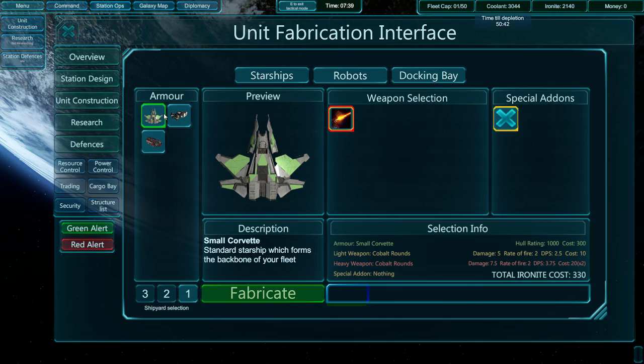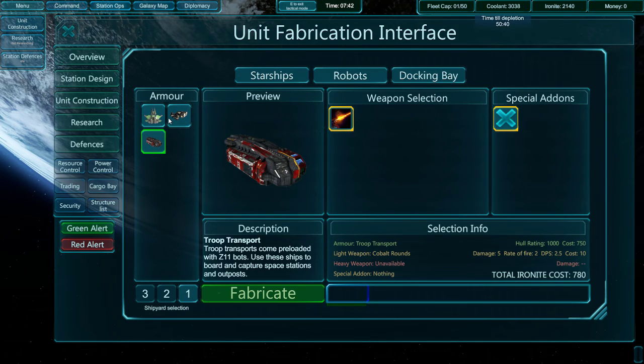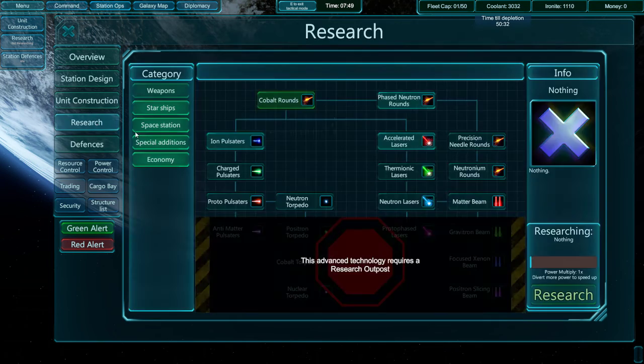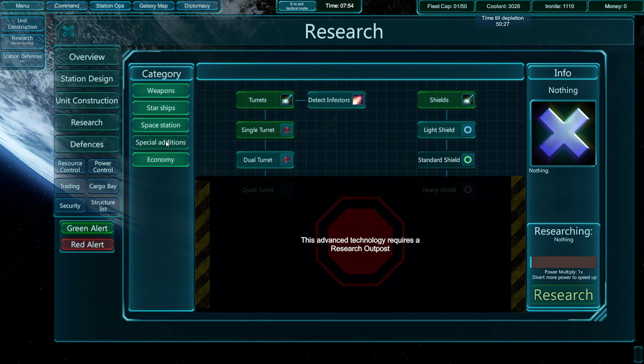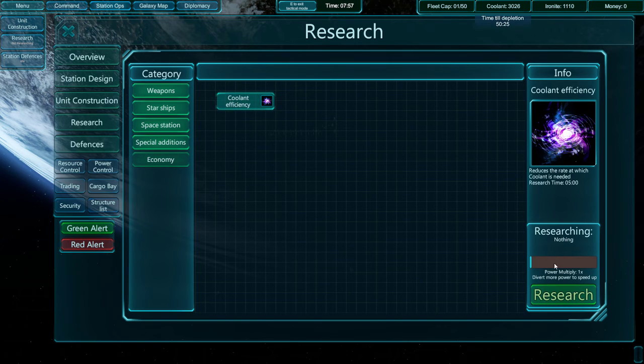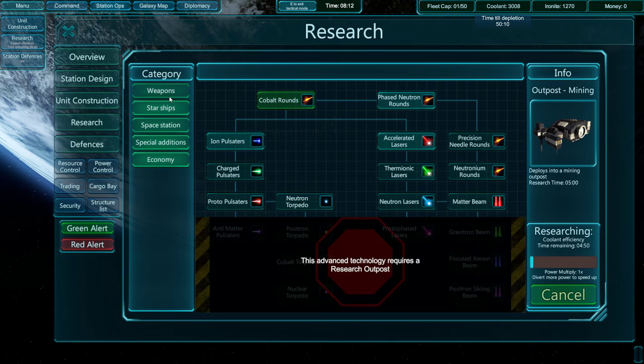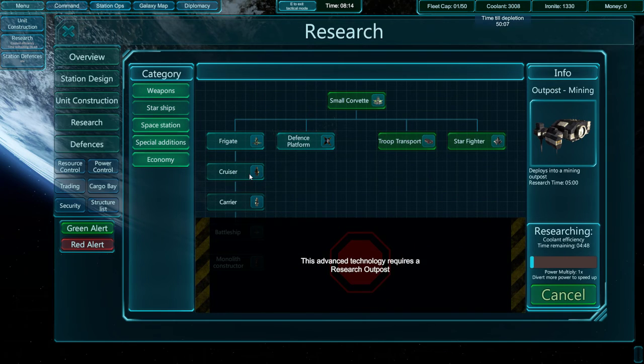So the next thing that we really need to focus on building, I don't want to focus on building a trooper ship yet. So we're going to build another mining ship. And then I want to start researching a little bit more into our power multiplier 1, which reduces the rate at which coolant is needed. So we're going to research this real quick. And the next thing that we're going to want to start looking at is, I guess, start looking into our